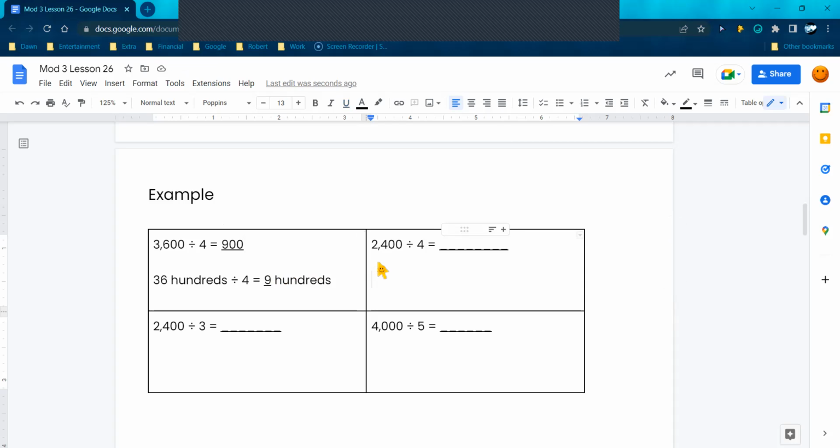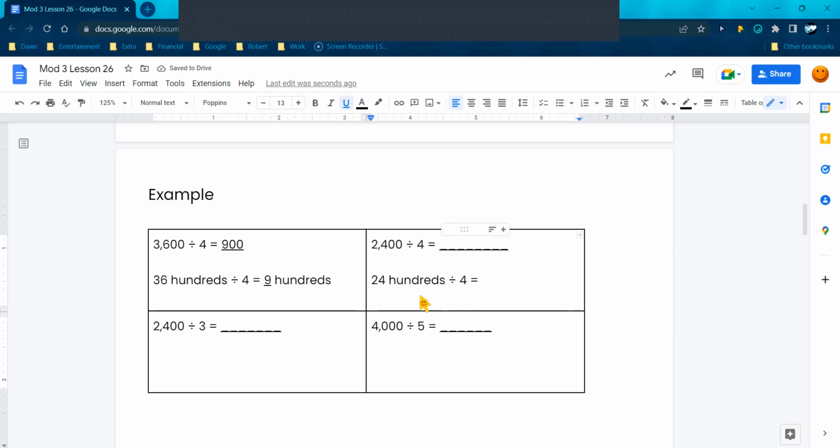So here we go. Here's another one. We have 2,400 divided by 4. So I'm going to look at this as 24 hundreds. So 24 hundreds. Now I need to come right over here. I'm going to highlight my division sign, press Control C, and then right over here, Control V. And I'm dividing by 4, which equals,